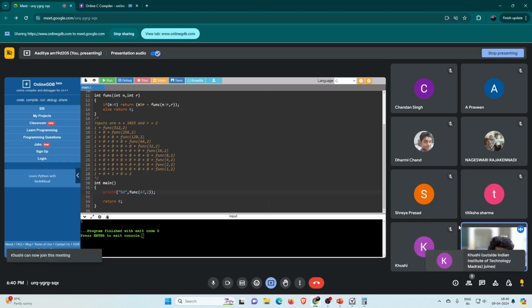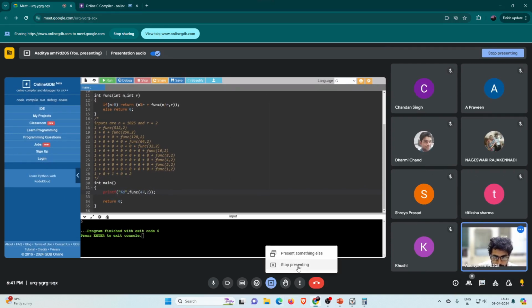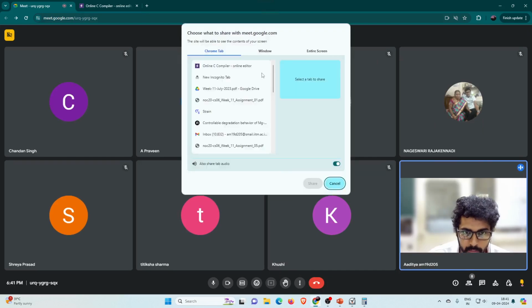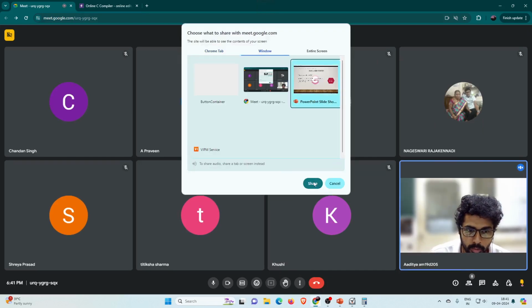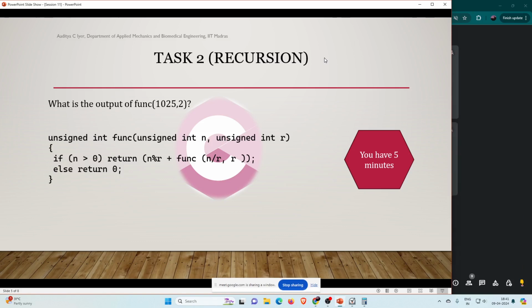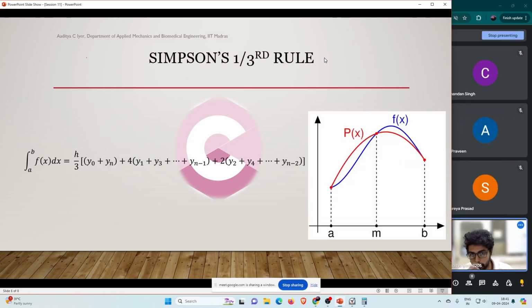Okay, so I hope this recursion was clear. It was just a small example. Okay, so now let's move on to something a little more challenging, shall we? Oh yeah, before we do that,